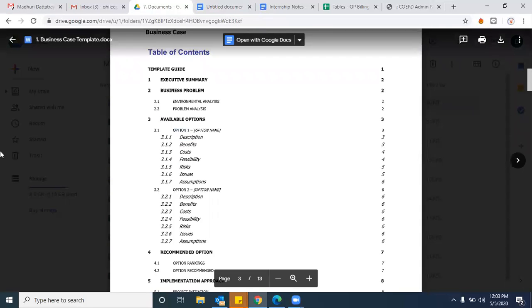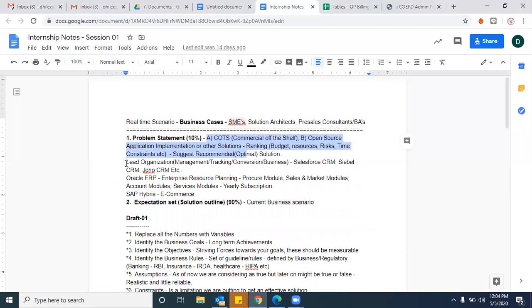For example, if you take Salesforce CRM, the entire Salesforce CRM features are not required by the client. Already I discussed this point, if you remember. If the client problem is actually lead organization, lead management is a small module in Salesforce CRM. So the entire Salesforce CRM does not fit the actual problem, right or wrong? So you need to customize the COTS, and with the customization, only the required features you need to deploy to the client, right or wrong?